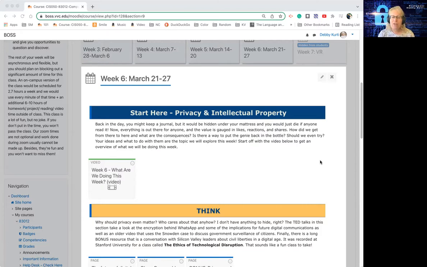So we kind of started in one place, we swung way far to the other place, but now the pendulum is kind of going back to the middle. We had a period of time where everything's out there. Now people are starting to say, was that a really good idea? Should I put all these pictures up? Should I post all this stuff? So we're wrestling with the idea of how much is too much, what is useful, and what are the ethics of all of that? That's where we're going to be this week.